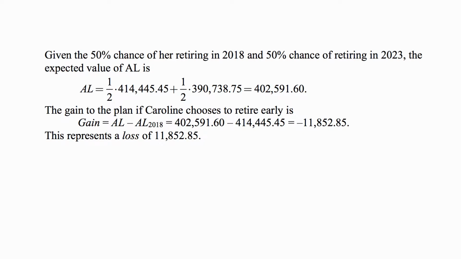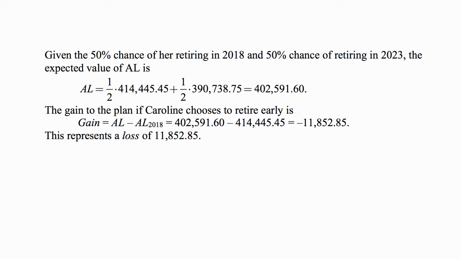We are told that there's a 50% chance of her retiring in 2018 and a 50% chance of retiring in 2023. So the expected value of the accrued liability, or actuarial liability, is the average of the two accrued liabilities as of 2018, the first one, and as of 2023. Now, of course, the calculation is done now. It's not done upon retirement, but still, that's the liability established for retirement at those times. So that average is